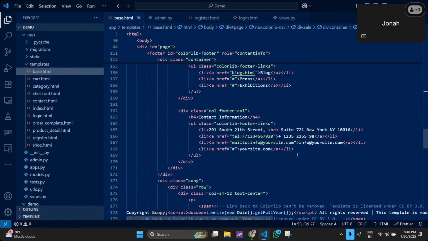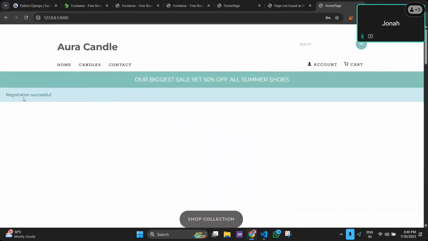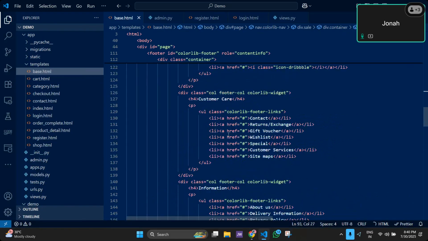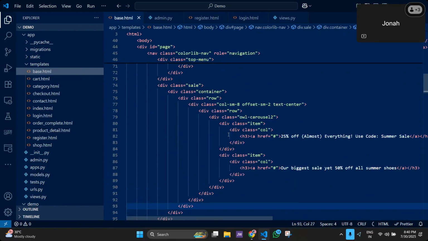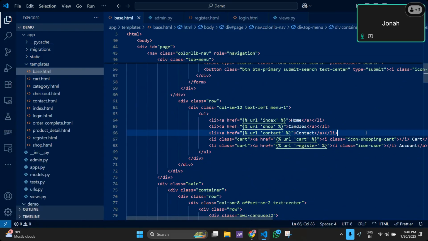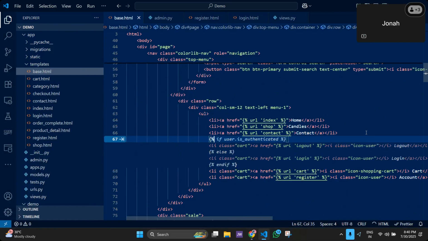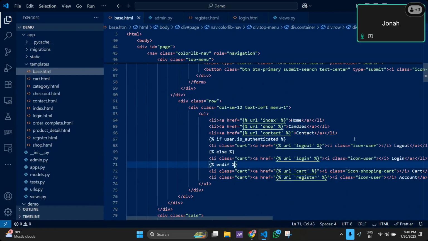And now we need to do the login. Another problem is that even though our registration is successful, we still have this account option. That means we can still register here, but that shouldn't be the case. Once a person has been registered, they shouldn't see the register option again. So let's make some changes in the base template. Around here, let's make a condition, that is, if the user is authenticated,